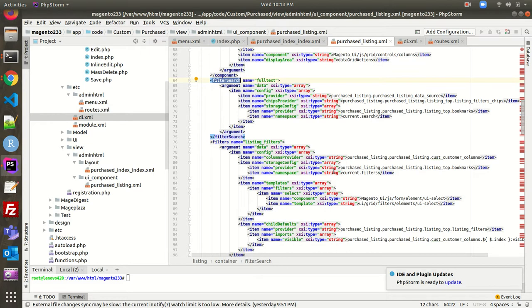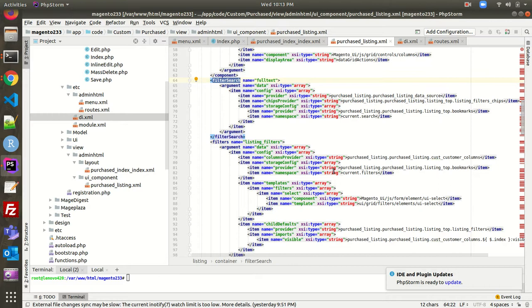If you need any sort of extension for this video, then I'll create another video, because if I'm going to explain all these things, it will be a lengthy one, and it will complicate the whole process. So at first, just create a simple grid with nothing, no filter, no bookmarks, and no actions. Just create a simple grid and understand the flow, how we are going to create it.